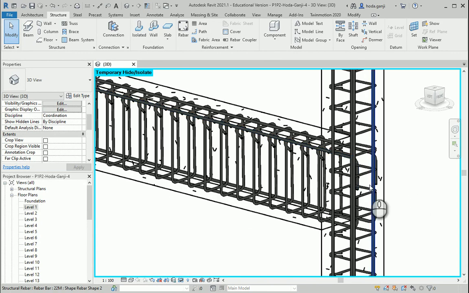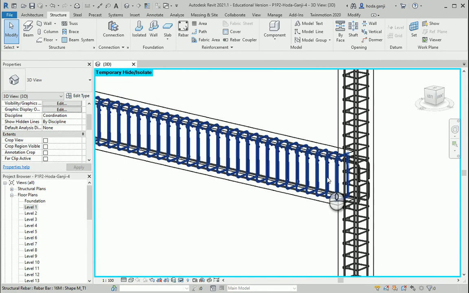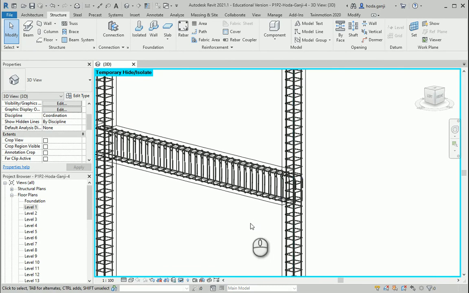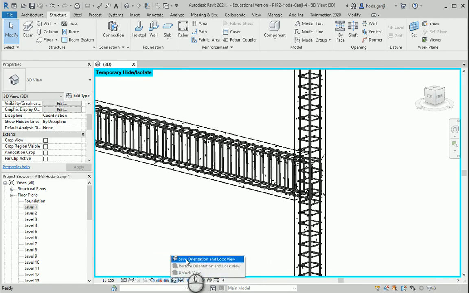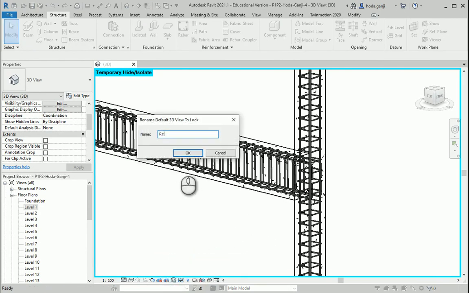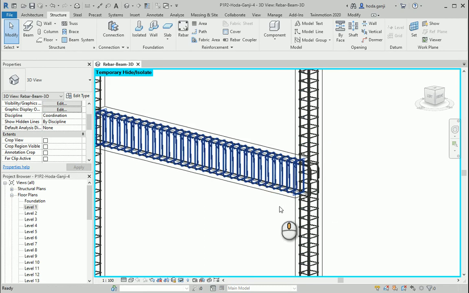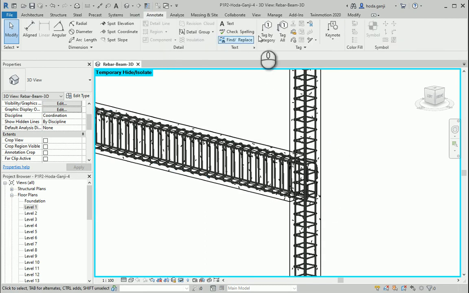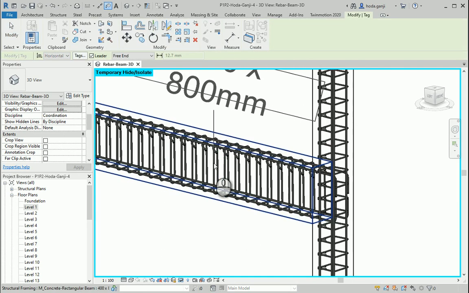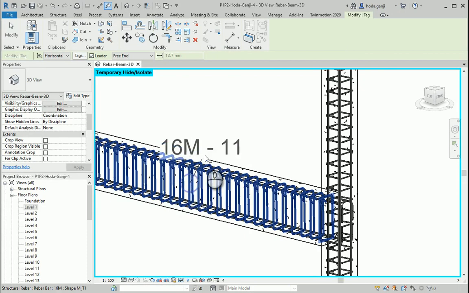And if you want to name the rebars and everything, if you are in the 3D view, you first need to lock the view. So I can go here, maybe lock the rotation, and I want to name this as my rebar for beam, and this is my 3D. Okay. Now that it's locked, it allows me to go to annotate, and these items work here. I can go to tag by category, and I can click on this rebar.